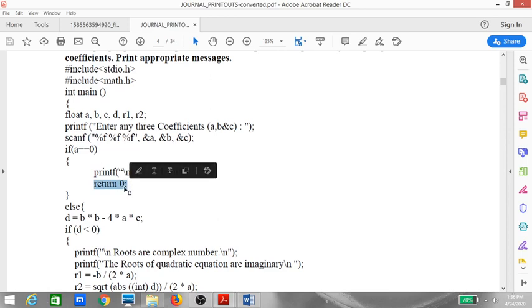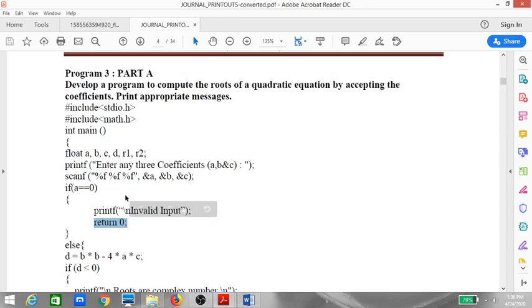So what happens when you have a return 0? When you have a return 0, the control will go back to the main program, or the main's control will return. So when I have return 0, the program will stop. That means if a value is equal to 0, then I am going to stop the program. I am not going to proceed ahead. Only if this condition is true, then these two instructions will get executed. That is how I know these two instructions will get executed, because of these brackets. Whatever is within these brackets will get executed only if this condition is true.